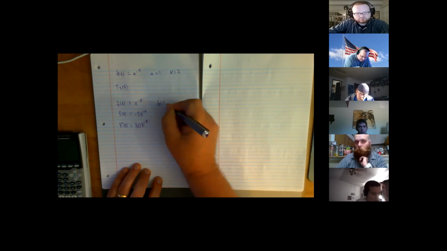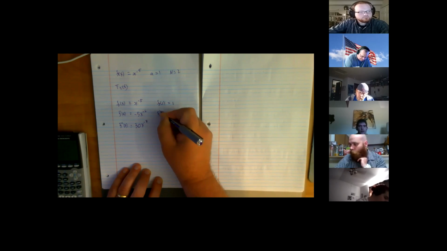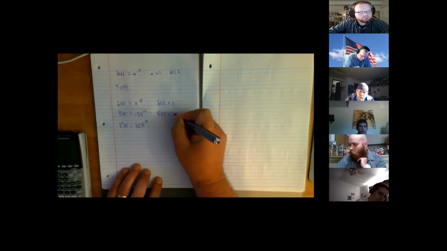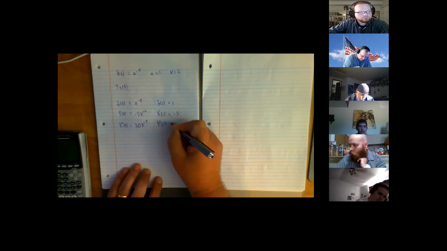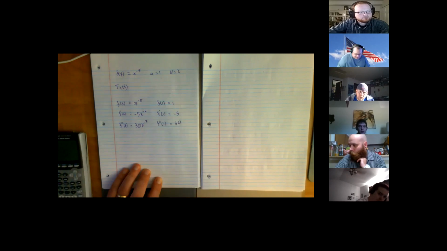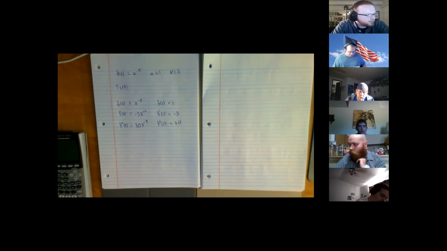I'm now going to find f of 1, which is that guy, which is 1. f dashed of 1, which is that fella. And the second derivative at 1, which is that fella. Are you all happy with 1 to the power of -7 is just 1, so 30 times it is 30.